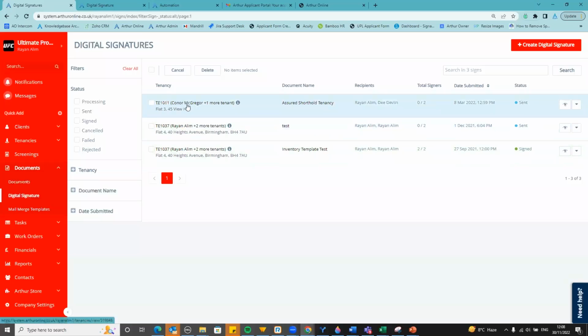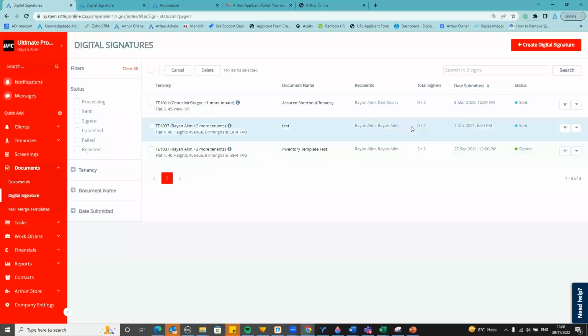And it will categorize them by the tenancy, where that tenancy resides, the document name, who the recipients are, and how many of those recipients have signed out of the total number so far. Okay, and as well as that, you can use other information such as the status and the date it was submitted. Now, when you guys initially send it, right,